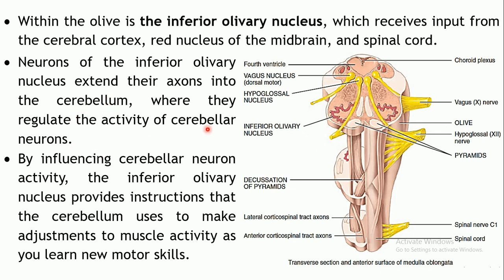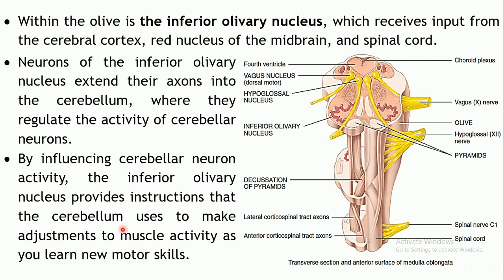So here they regulate the activities of the cerebellar neurons. Okay, cerebellum, which is another part of the brain. So by influencing the cerebellar neuronal activities, this particular nucleus provides the instructions